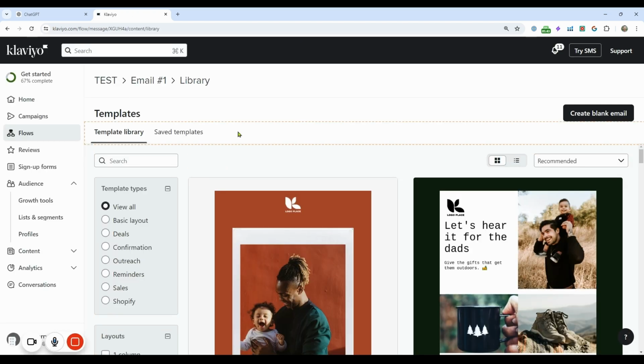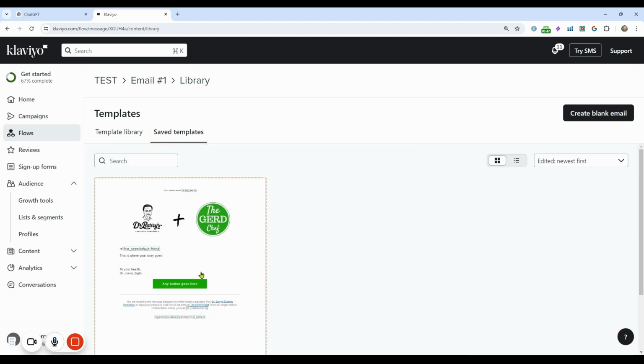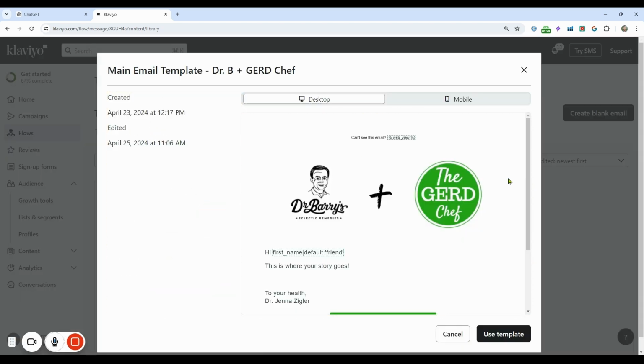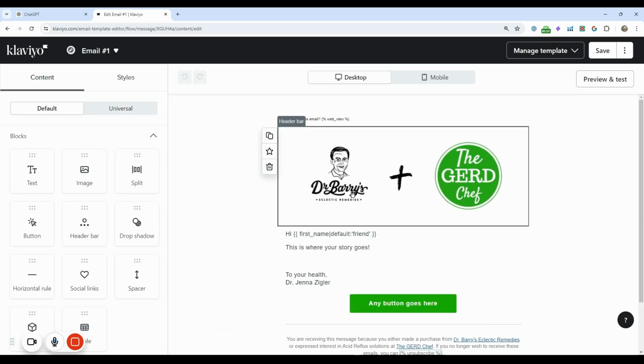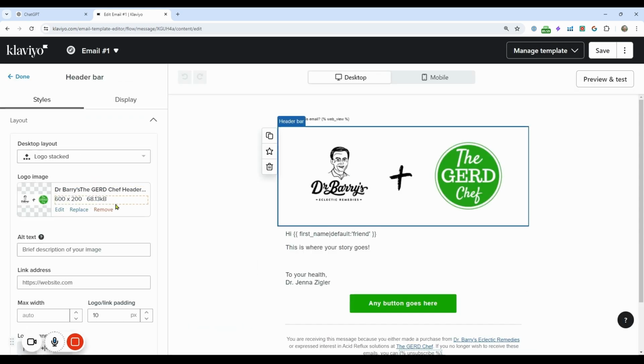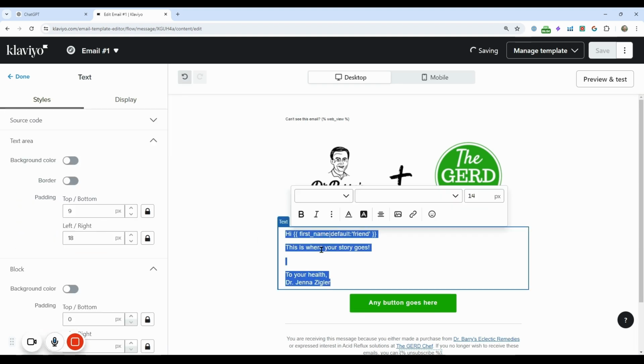I like simple text templates. I don't like all these graphics and everything. And so we have a saved template that's just simple. It has our banner at the top, and that's pretty much it. So we're going to use that template. And now you can start to edit. I like to have the logo linked to your website right here. And so you can do that. You just double click here, and then you can write your story here.